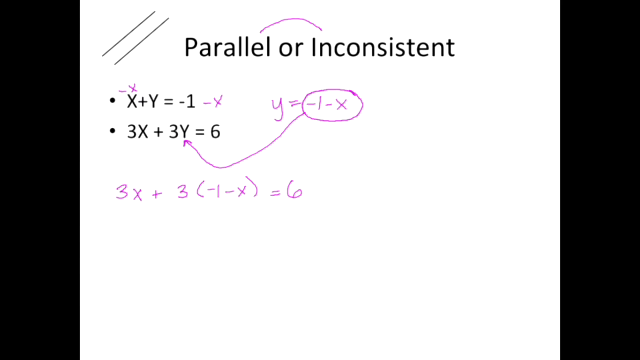So in other words, I took whatever this y was, and I substituted it in right there. And now I'm going to clean things up a little bit. This is -3 minus 3x is equal to 6. Now,